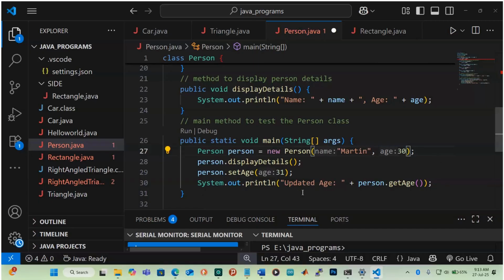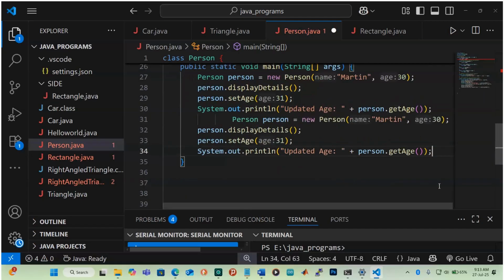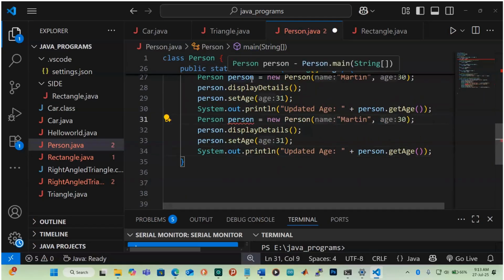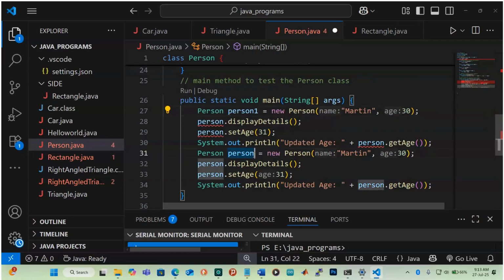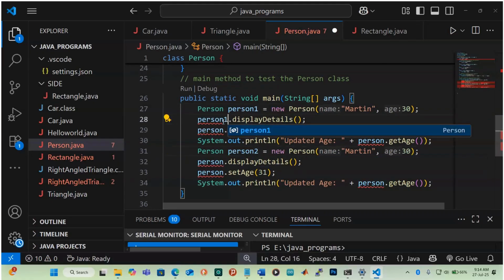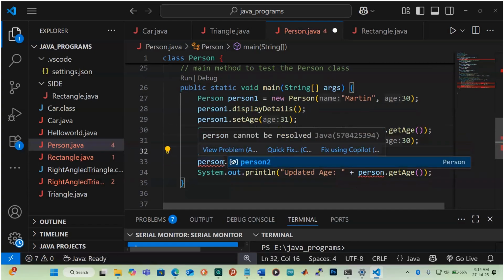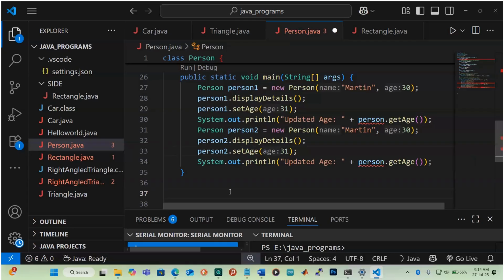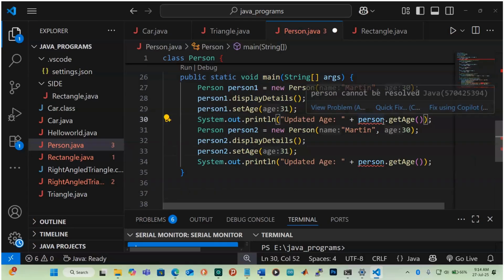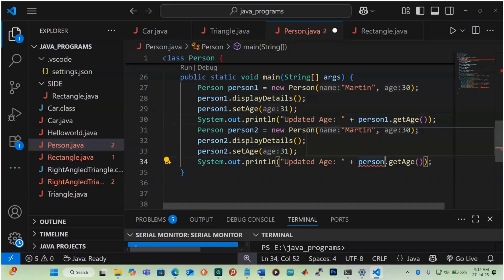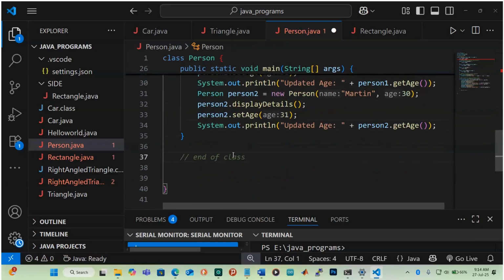Then we can also give another one. We say this is person 1, and this is person 2. This is person 1. This is person 2. This is person 1. This is person 2. And then finally, we can